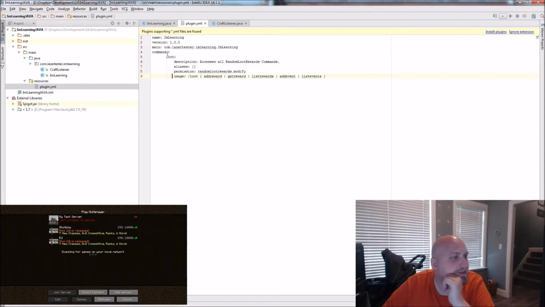Because right now I'm doing this, I don't know. Let's do this. Description: initiates brawl. I don't know, I'm coming up with something random, just because right now I'm flying by the seat of my pants. Learning Java, lol. Let's see here. Usage: brawl, and I'll leave that alone. I don't know. We can come back to this.